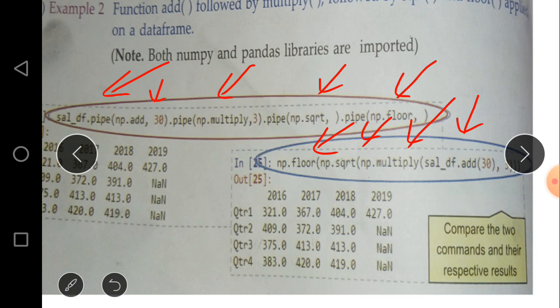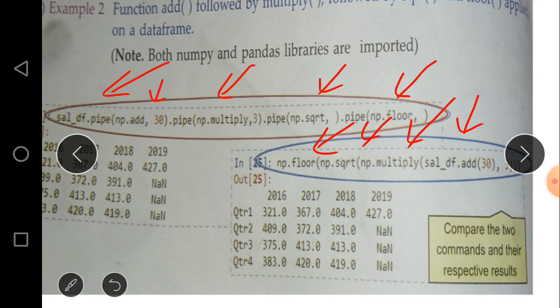For example, if there are 10 commands executed in a sequence using the pipe function, the output of 1 becomes the input for the second, and the output of the second becomes the input of the third, and this process goes on until we reach the 10th command, and whatever the output after execution of the 10th command will be the final answer.